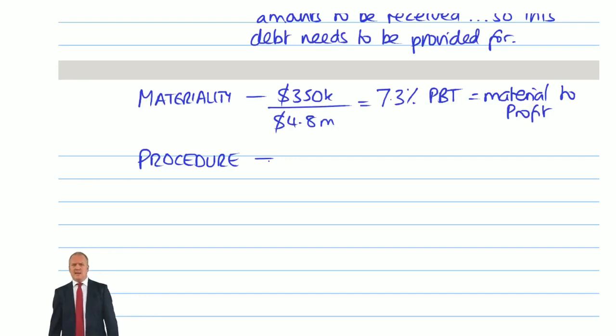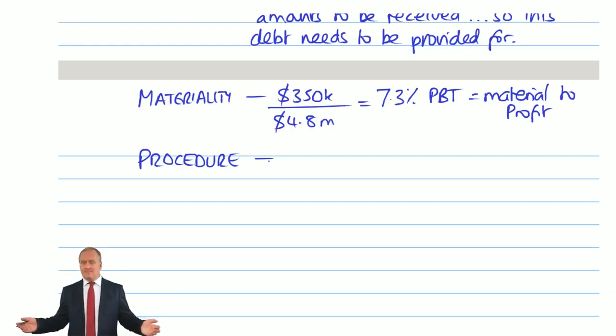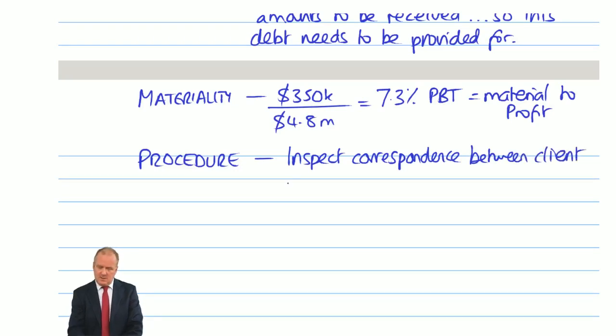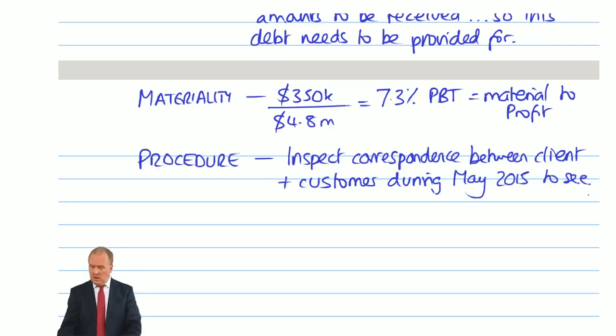So, a debt owing at the 31st of March of 350 had not been received during April, and we know there is a dispute. Always watch the dates, because today is early June, and it seems to me that the audit staff last checked this back in April. What's happened in May? So I think the best procedure is going to be inspect correspondence between our client and this customer during May 2015, always say why,